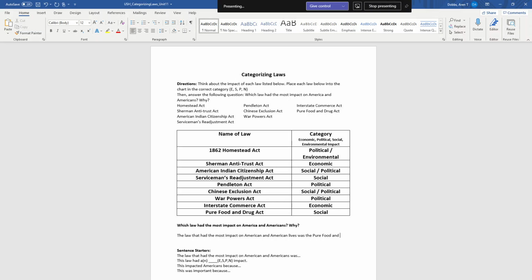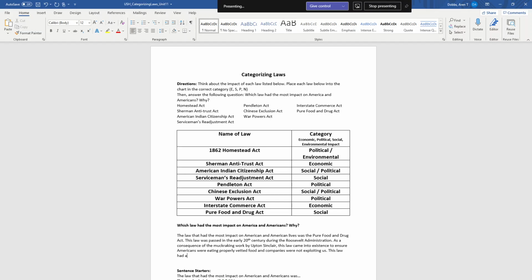This law had a social impact because it ensured Americans would be eating much more healthily. This was important